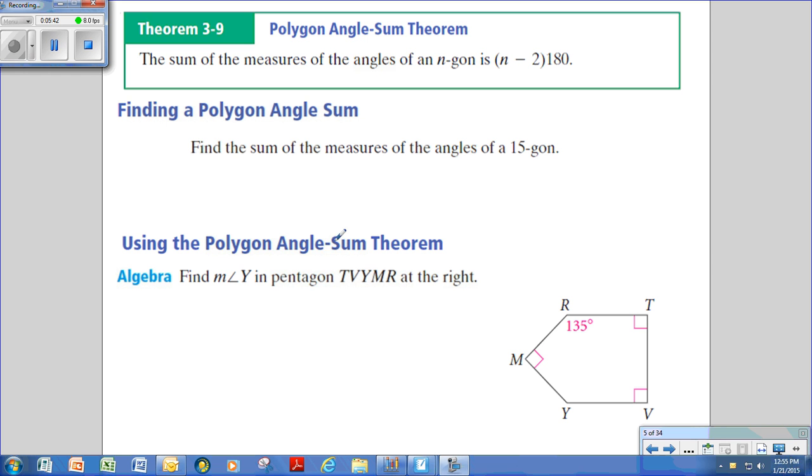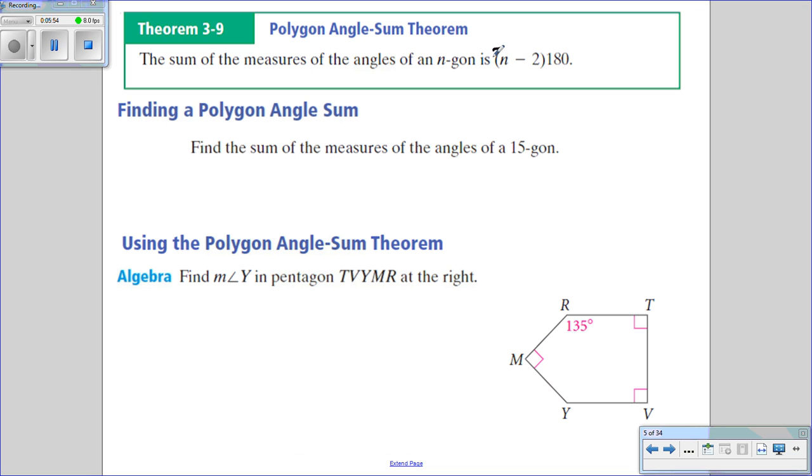All right, now we know from previous lessons that the angles of a triangle always add up to 180. Now, to get that, there is a formula, and it's this formula right here. What we're going to do is take the number of sides the shape has, subtract 2 from that, and then multiply it by 180 degrees to get what the angles all add up to. So as an example, a triangle